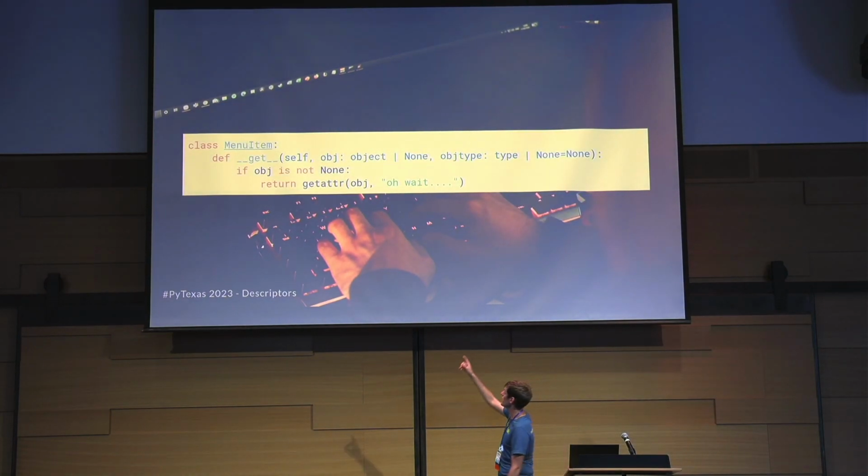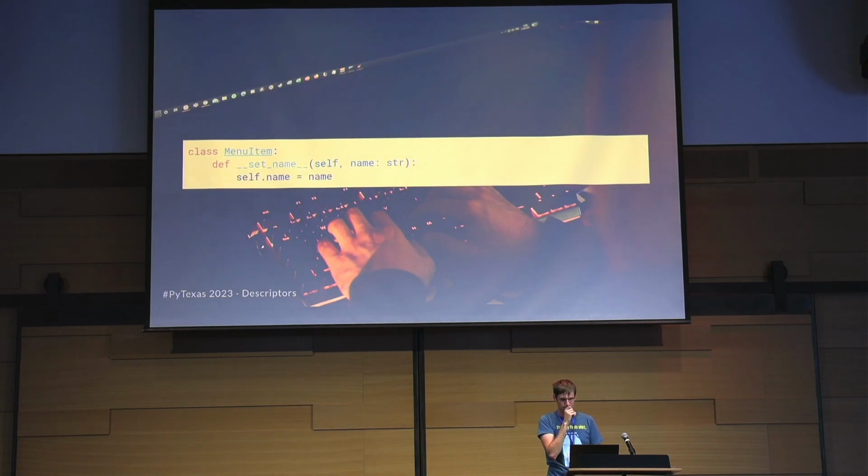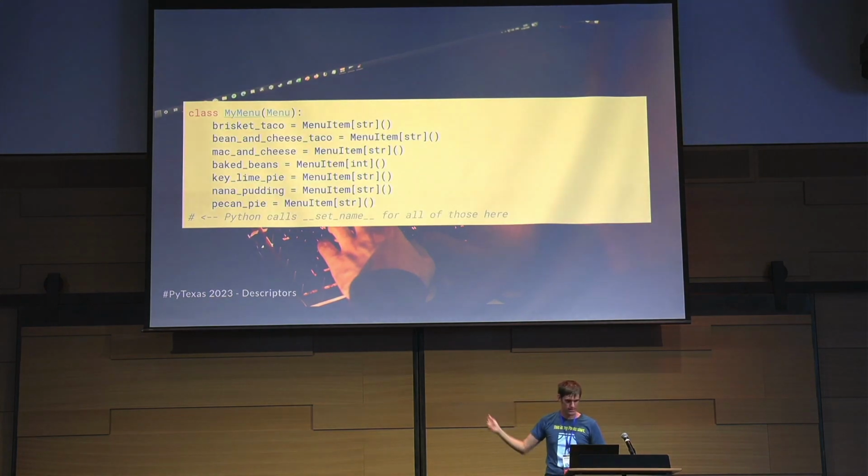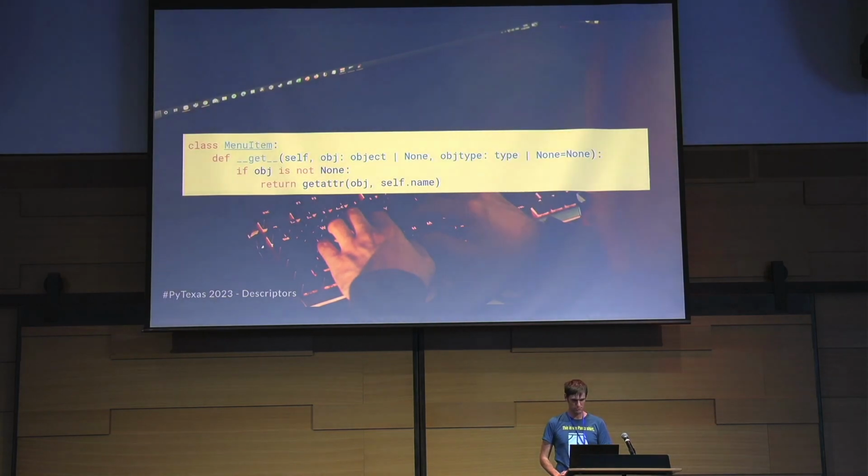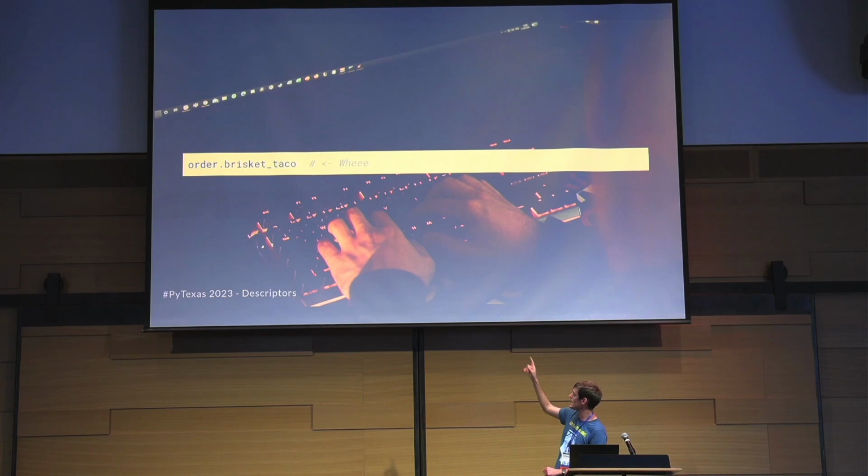So great. If the object isn't None, if there's an order I'm operating on, I'm going to use the getattr thing. Oh, wait, I don't have a name, because these were one instance for all of them. Somebody thought of this: __set_name__, where we set our name. And this gets called right here at the end. When you're done defining your class, it'll call __set_name__ for all of them. Yay, we have a name now. You can access me. Whee!